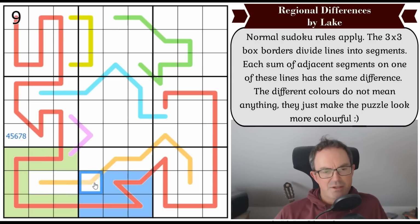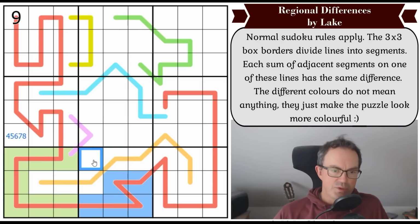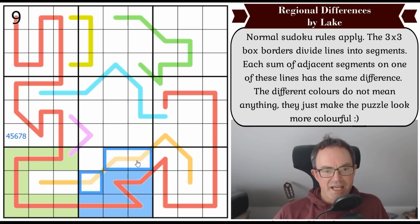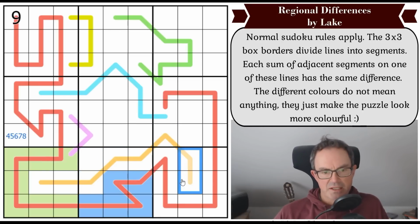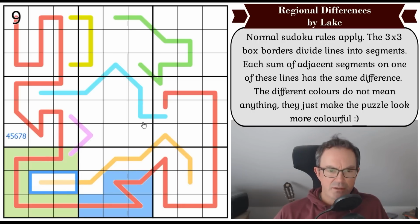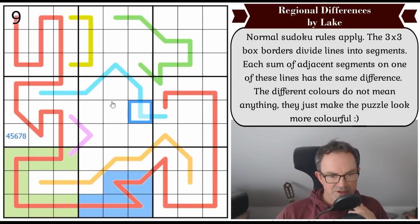So 8, imagine that was a 2, say. These would be 10. Yeah, that could be 8 again, and then that could be 6. So I think, is that a difference of 2 I had along the line? I think it was. That seemed to work very nicely. Okay, so I don't understand how there's any restriction on this. Yet, I feel...